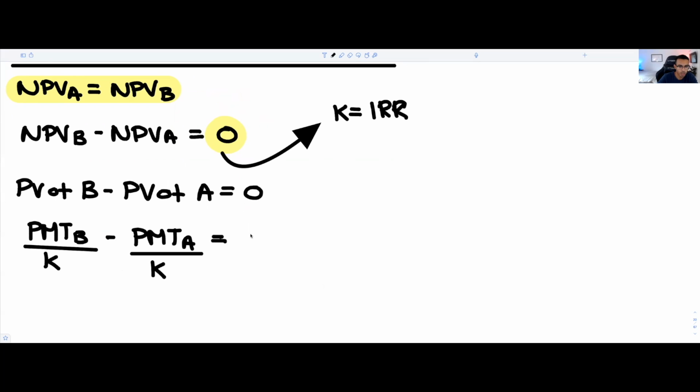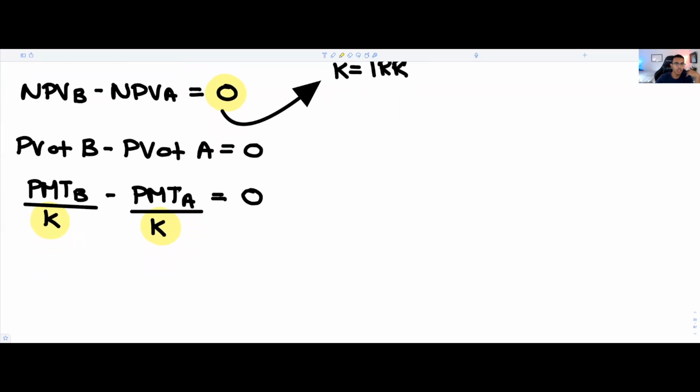Is equal to 0. And what's awesome here is that we know that the point that will allow this to happen is a specific point. It's a specific K. And what's awesome is that we know that a point that gives you a difference of 0, that specific K that yields 0, on the other side, as you can notice, that's the IRR. We understand that. So what I'm trying to get to here is that the incremental cash flow method, why it's so interesting, it's because it allows us,